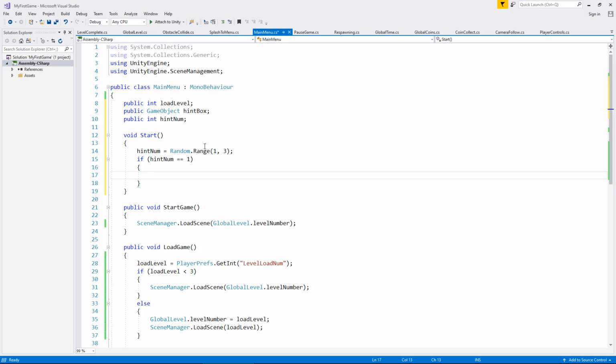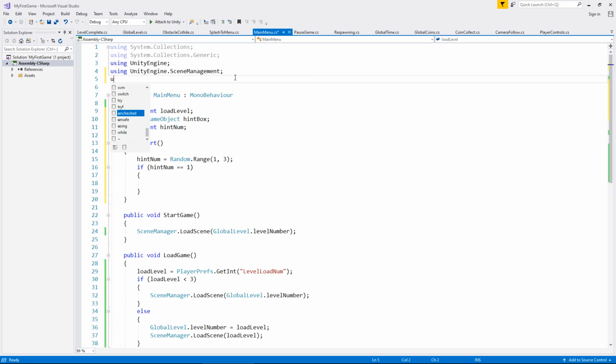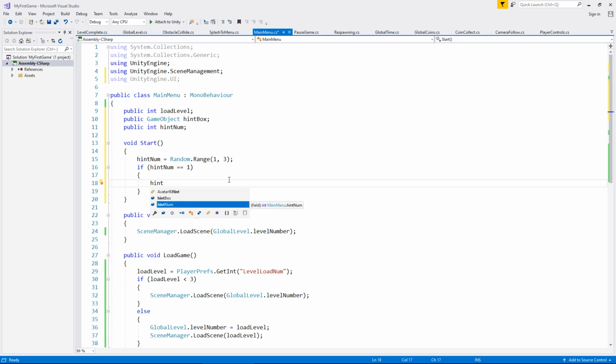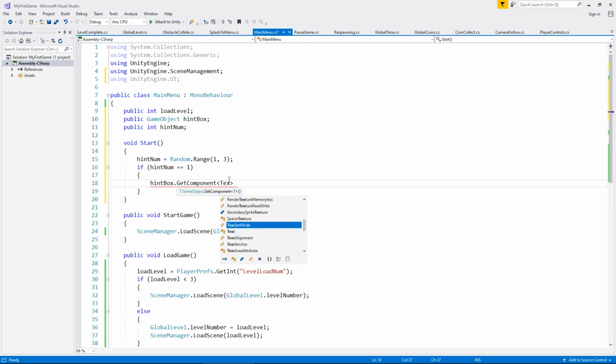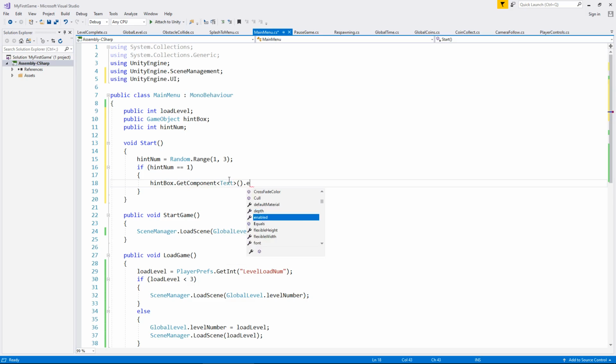And we're going to be using some UI. So before we go any further, let's add that to the namespace at the top. using UnityEngine.UI; semicolon, which means now in the if statement we can say hintBox.GetComponent<Text>().text equals, and we can put anything we want here. I'll put "Collect 5 coins to complete the level"